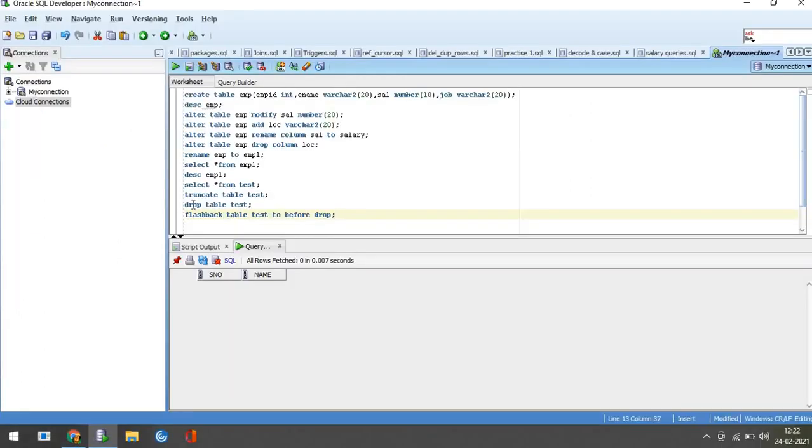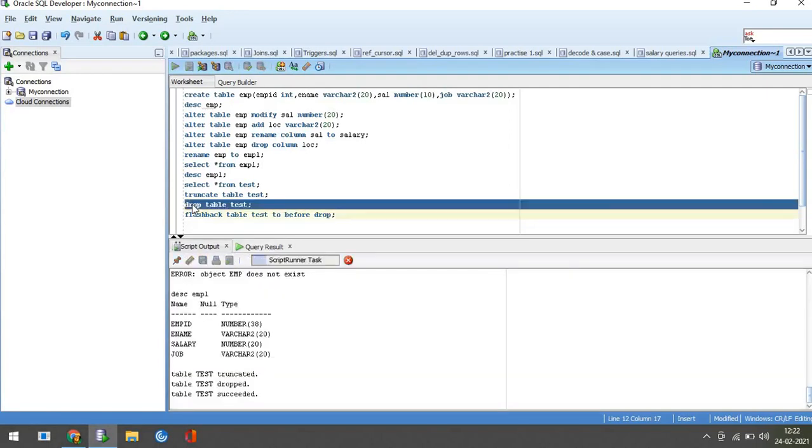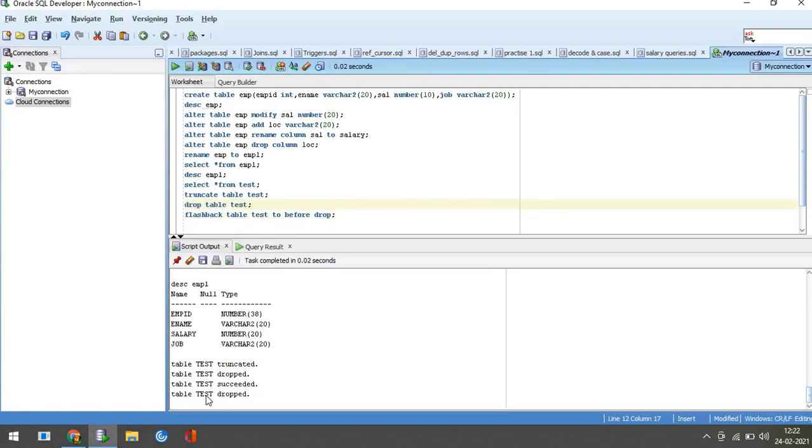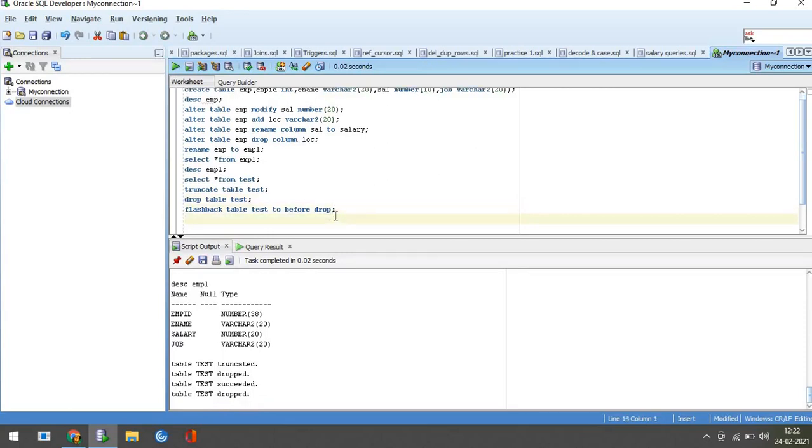Let's see. I will drop this test table again. It will get stored in the recycle bin. I will drop this once again. Drop table test, dropped, but it will get stored in the recycle bin. I will drop this from the recycle bin also. What is the syntax I showed here?